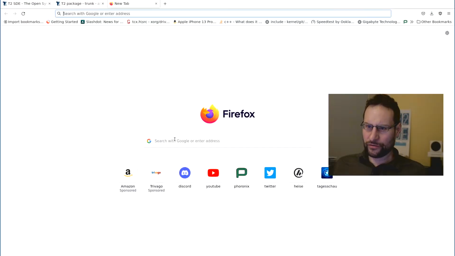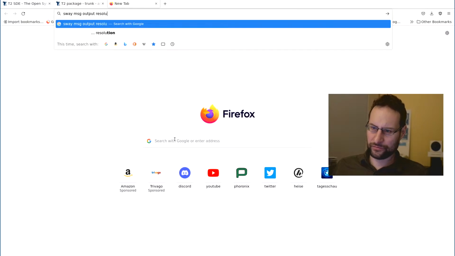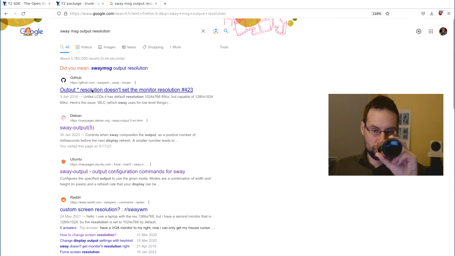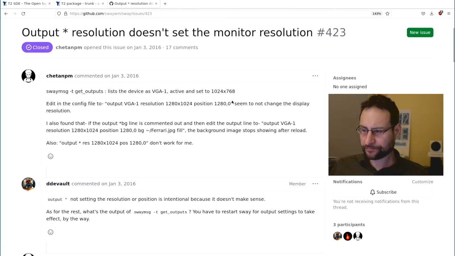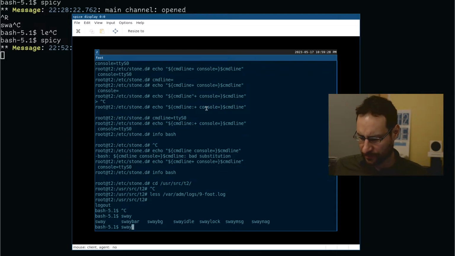Because I wonder, does Sway message output resolution work with QXL and stuff? So the issue is now, do we have Sway output?